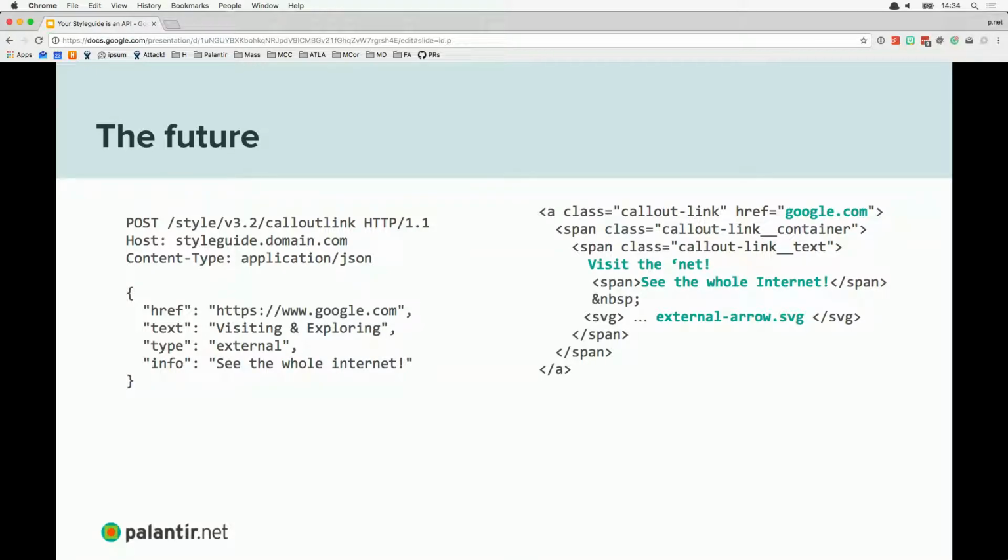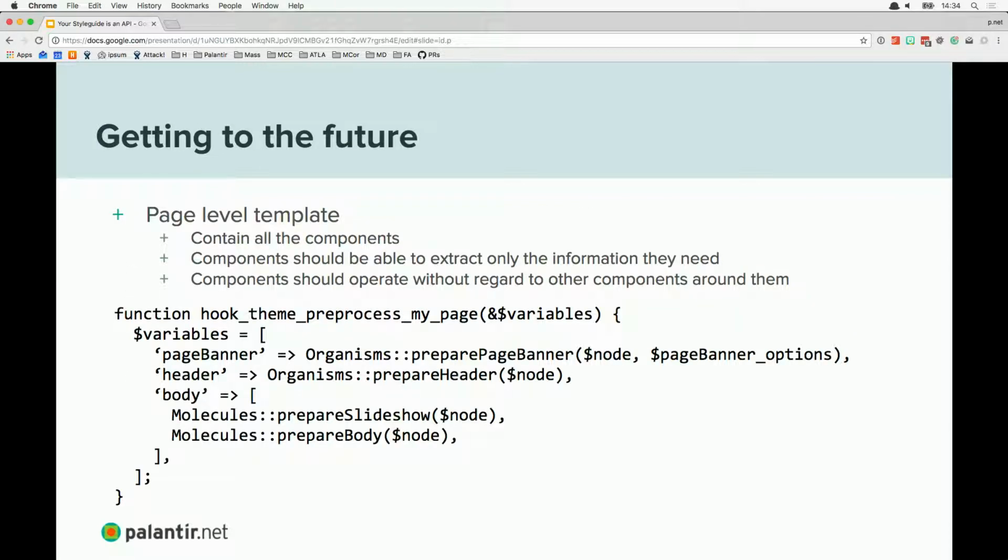What might this process look like at a full page level? We've looked at what this could look like at a molecule, not too complex of an element. To look at a full page view, I actually want to step back and talk more about the foundation, because I haven't gotten the full API implementation yet. I'm working there, baby steps. At the foundation, the transitional state that I find myself in right now,